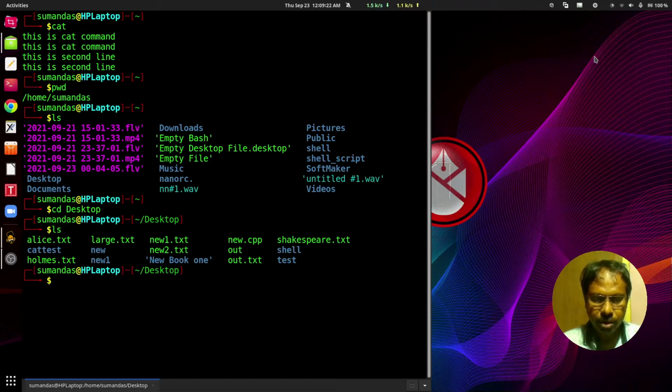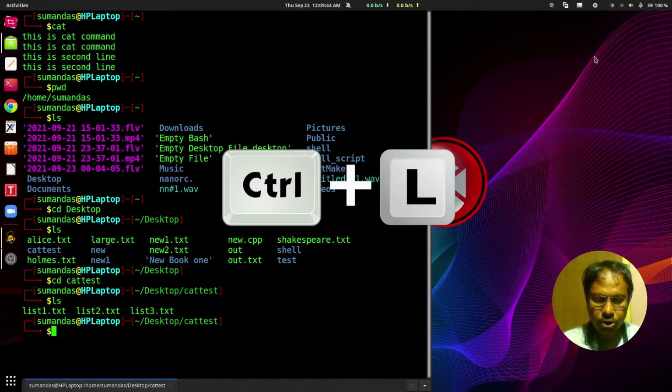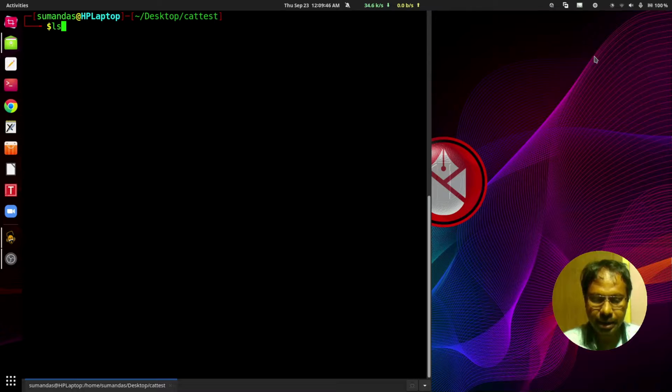ls, then there is a folder called cat test. I am navigating to that particular directory, cat test. Now type ls, and three files are present. As the terminal is looking very clumsy, I am pressing Ctrl L and once again ls.